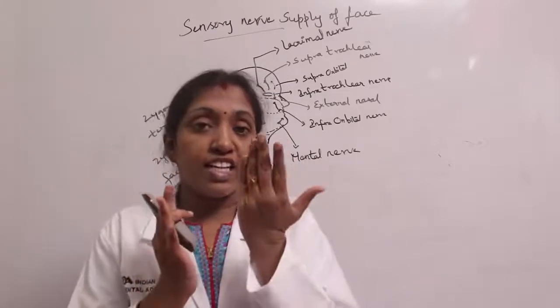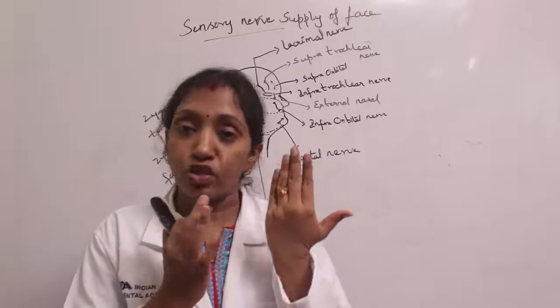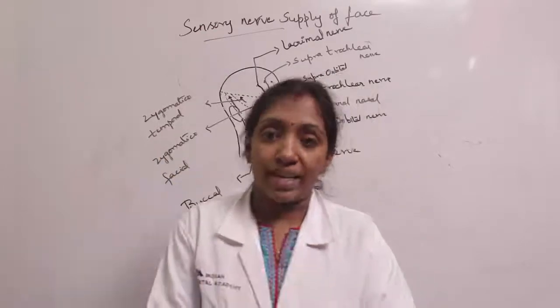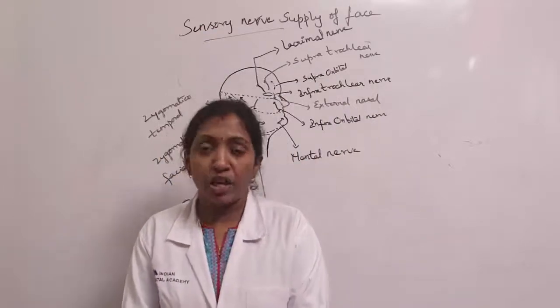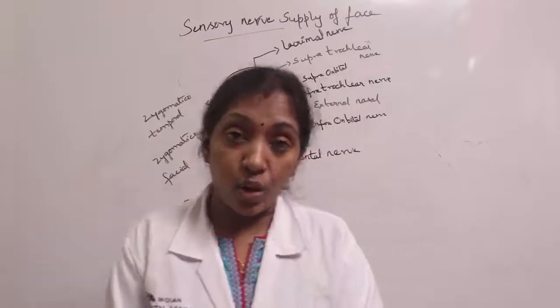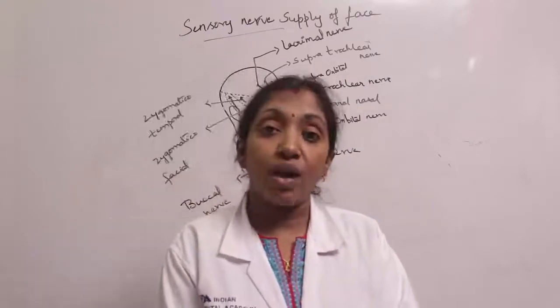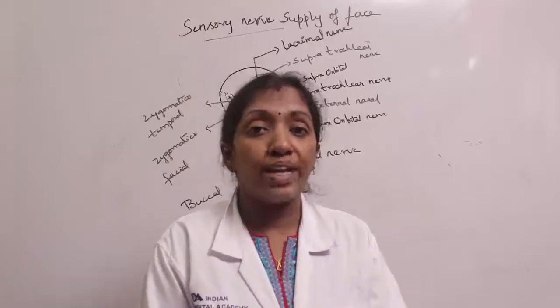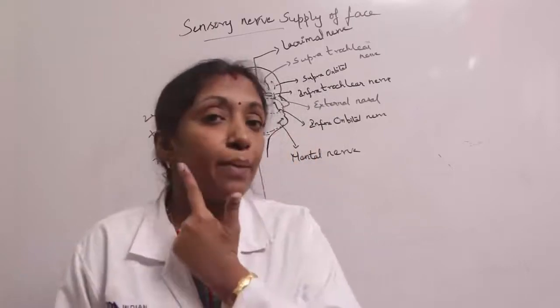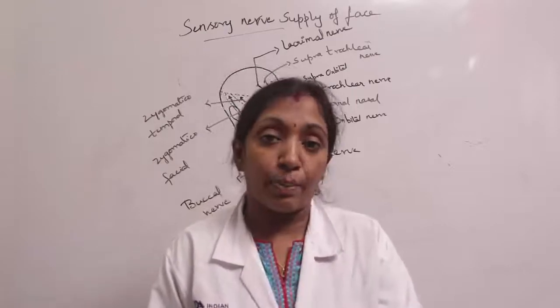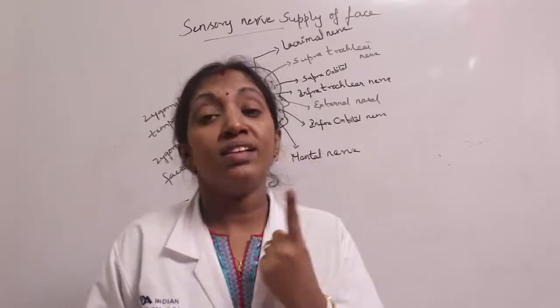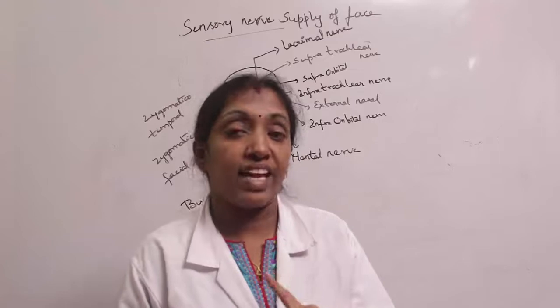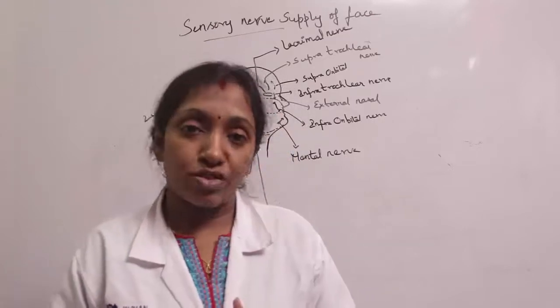So out of these 13 nerves that supply each half of the face, only one is motor, derived from the facial nerve, which is the 7th cranial nerve, and the remaining 12 are sensory nerves. Out of these 12 sensory nerves, only one is the great auricular nerve, which supplies the skin over the angle of the mandible, and all the remaining sensory supply of the face is derived from the branches of